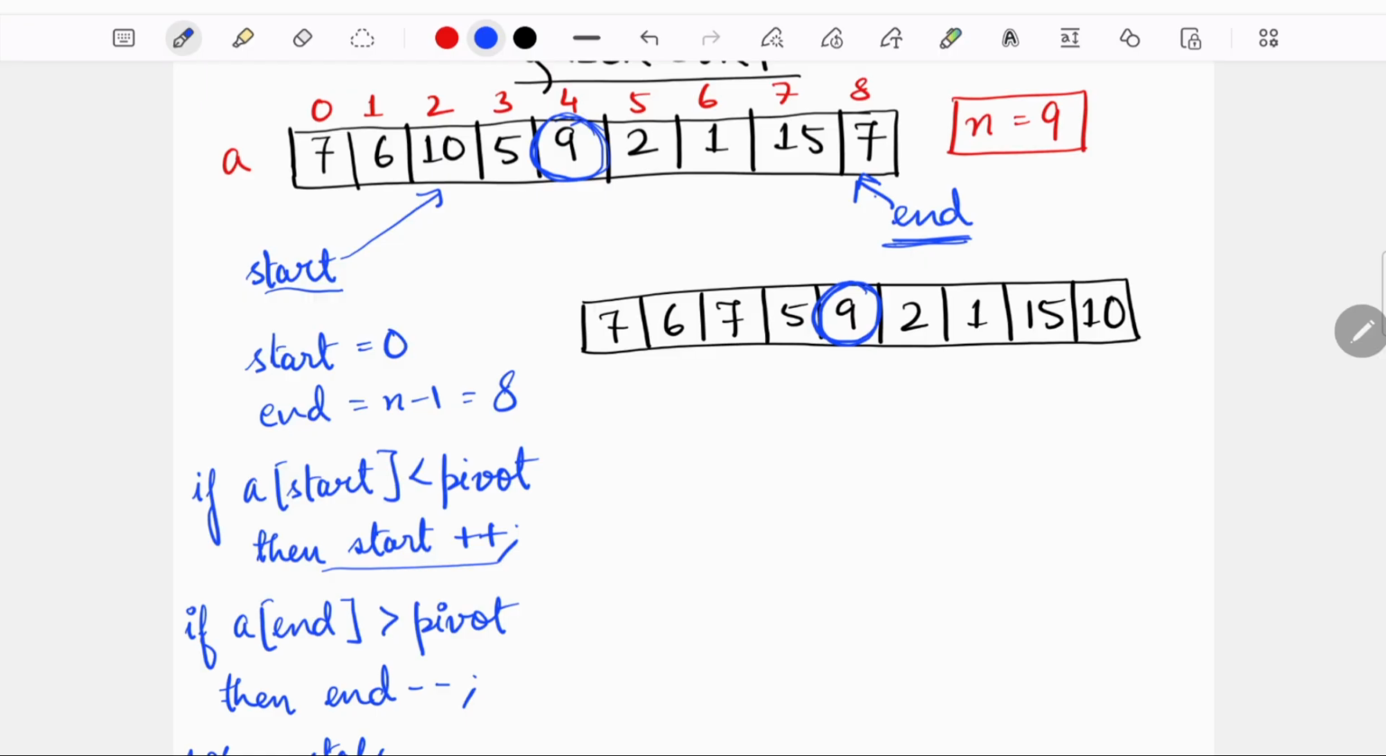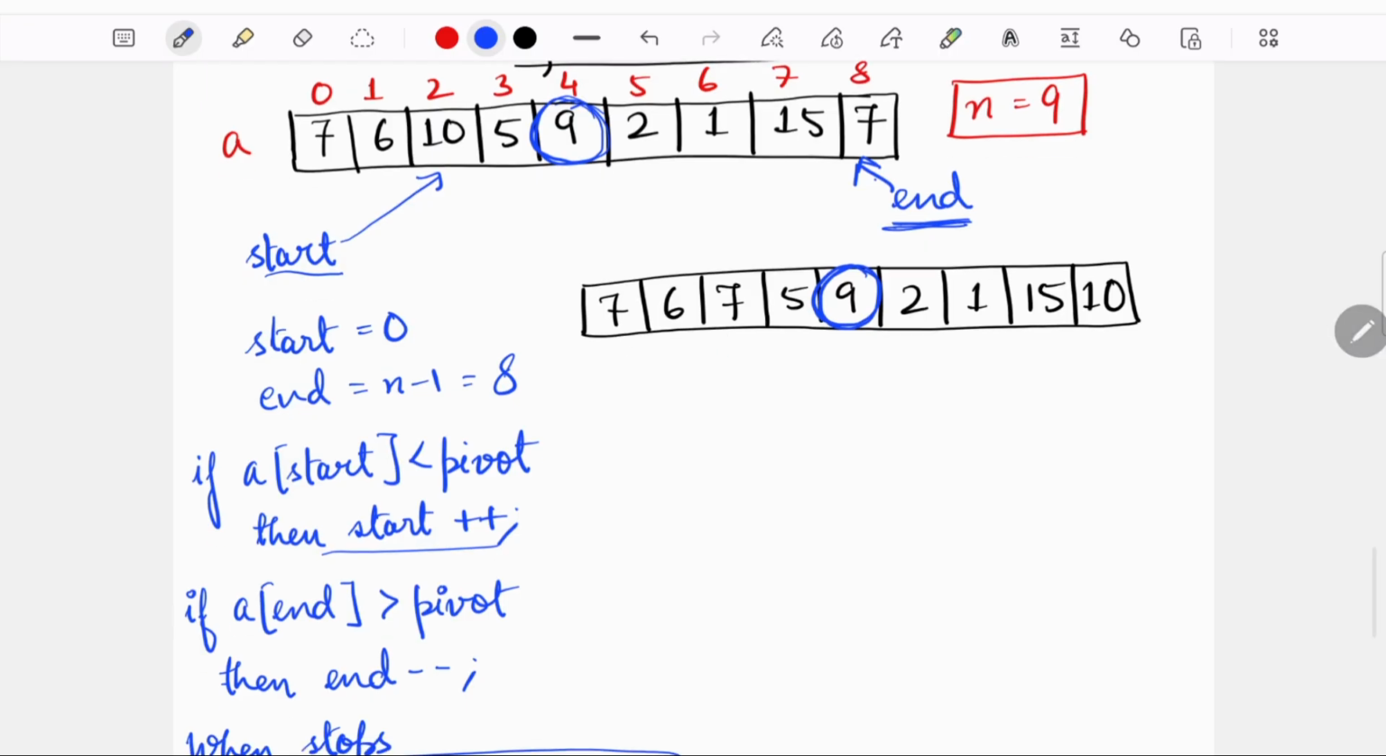Correct? Now see what will happen here. Now your start is pointing to the second index. We shouldn't forget this. We have left our start here. My start is pointing to A of 2 and end is pointing to A of 8. Now see what we should do is,